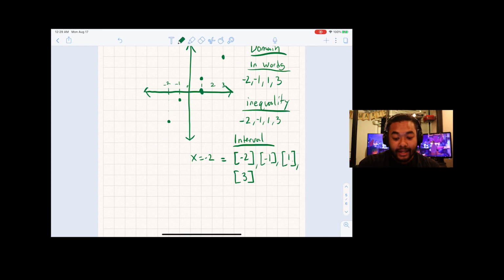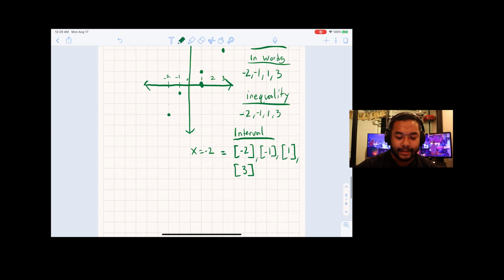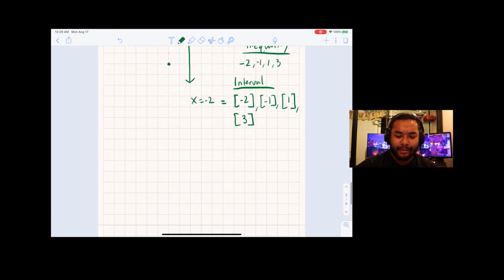And again, do I need to add more than one close bracket for these 2 points? Nope, not at all, because it includes both. Now, set notation is, maybe it's easier, maybe it's not. You saw how it was for continuous functions. Set notation for the domain here